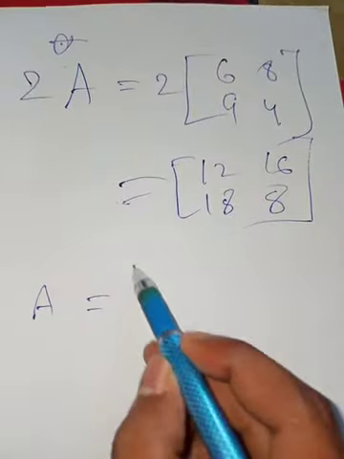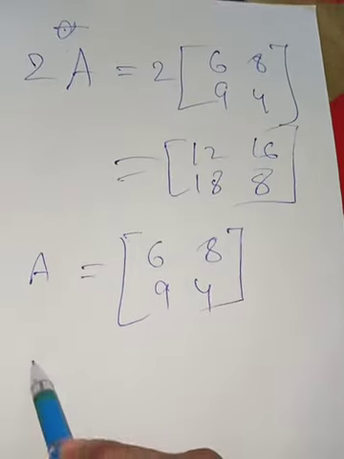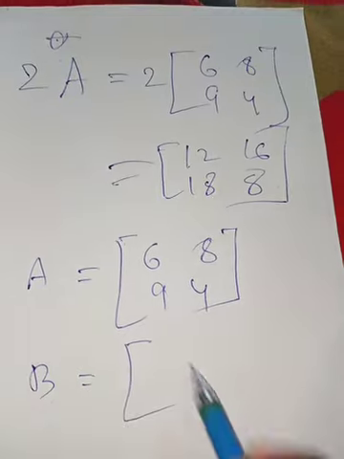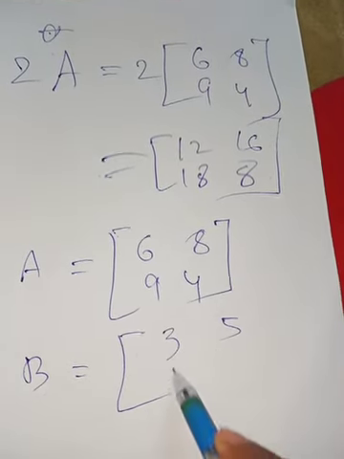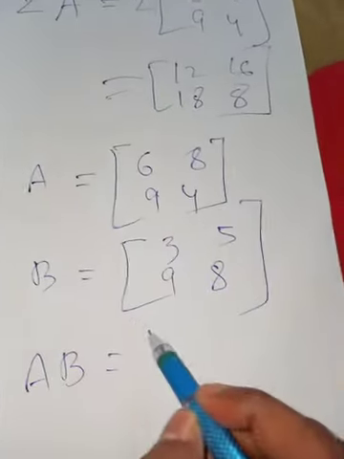If two matrices are given and you want to multiply them, how to multiply them, that is the thing you have to know, because that is a little more complicated. Other than that, all are very easy. Like you have to multiply A into B. How can you multiply it?